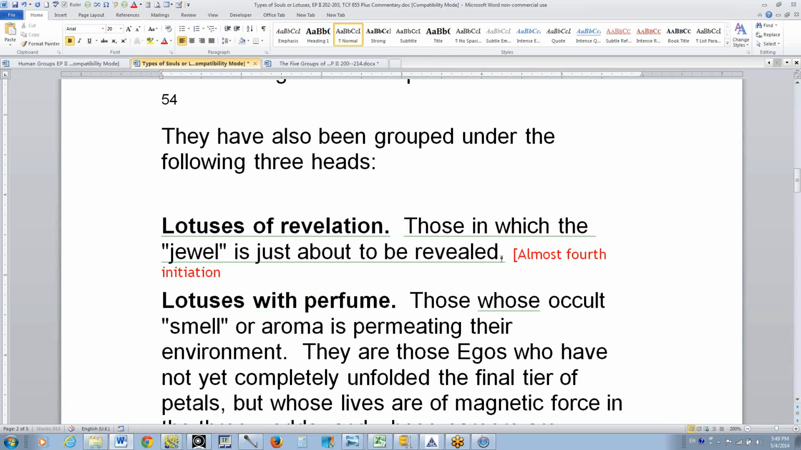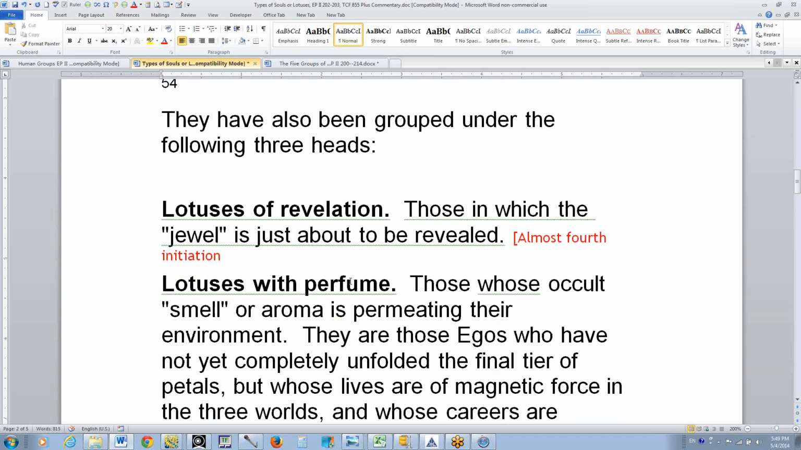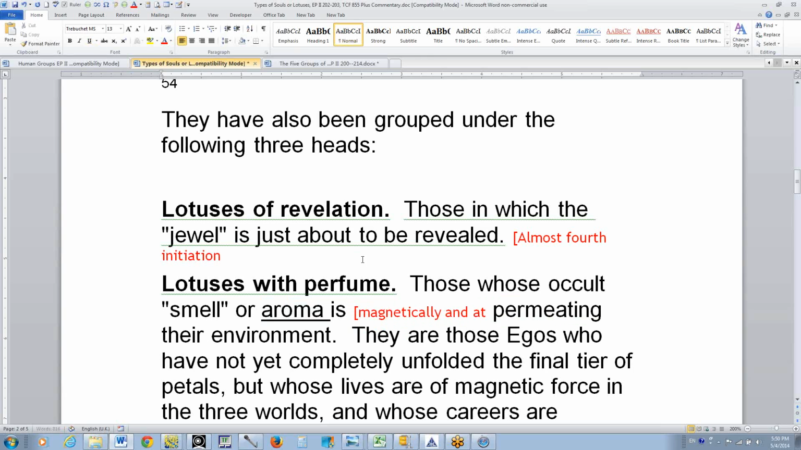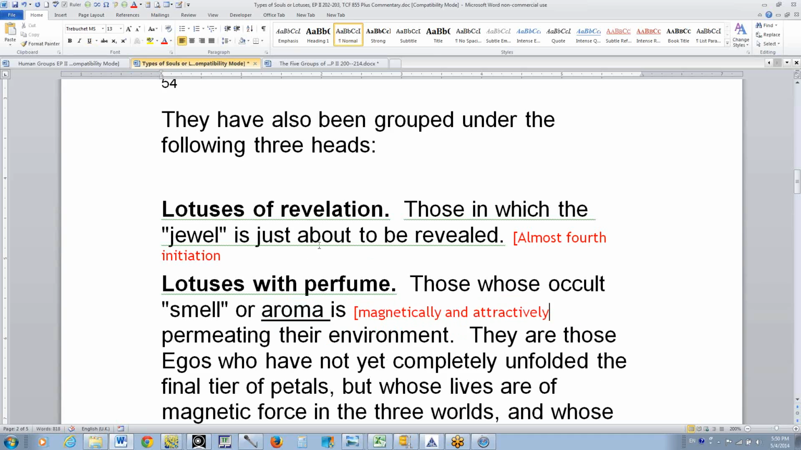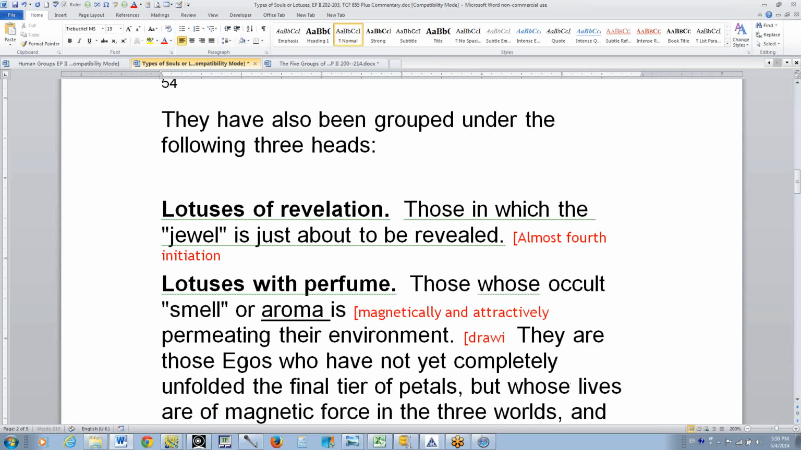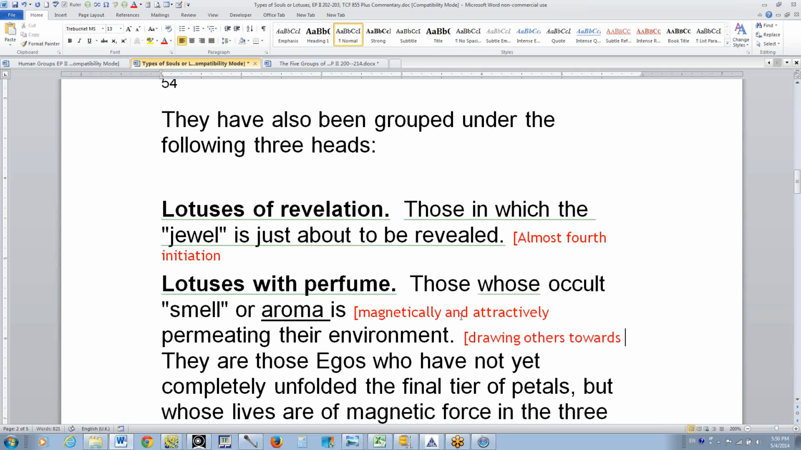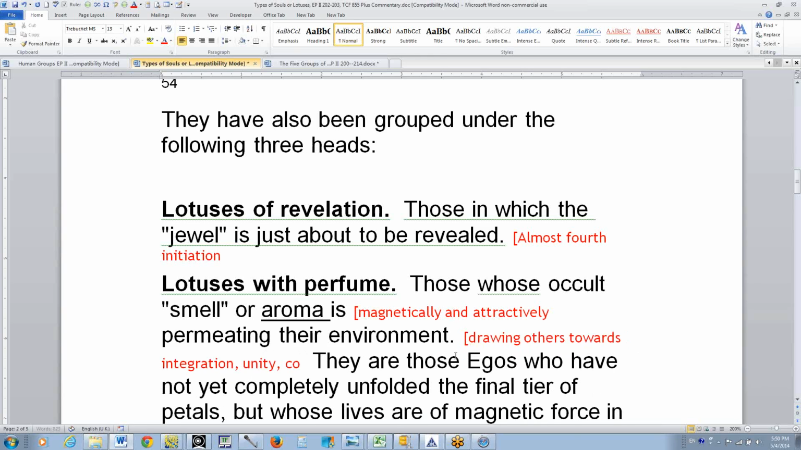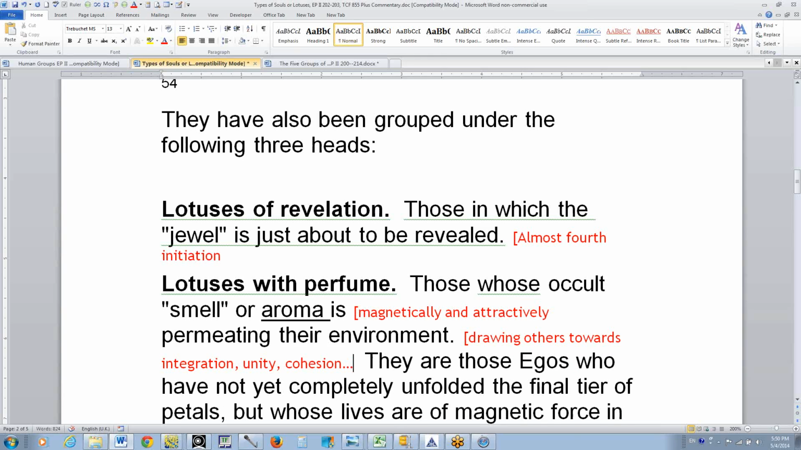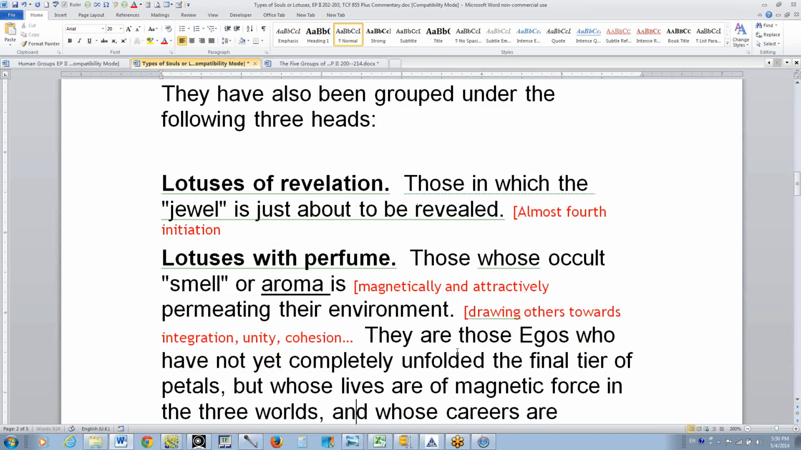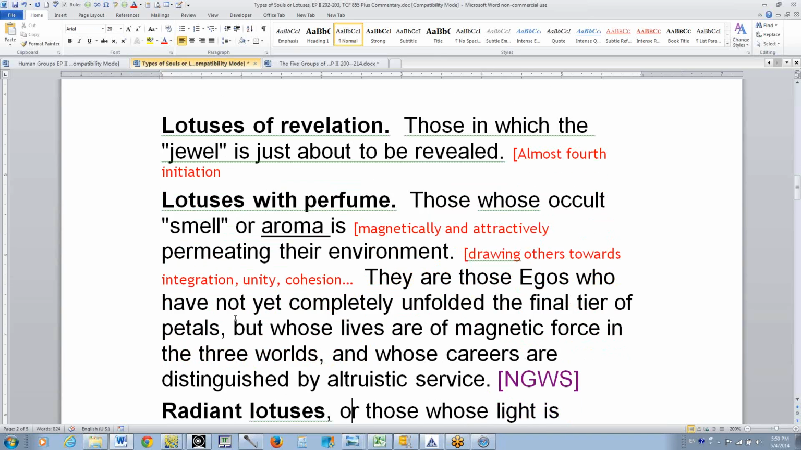Lotuses with perfume, those whose occult smell or aroma, that's a better word, isn't it, is permeating their environment, and what I want to say here is magnetically and attractively permeating their environment and drawing others towards unity and cohesion, drawing others towards integration, unity, cohesion. They are those egos who have not yet completely unfolded the final tier of petals,